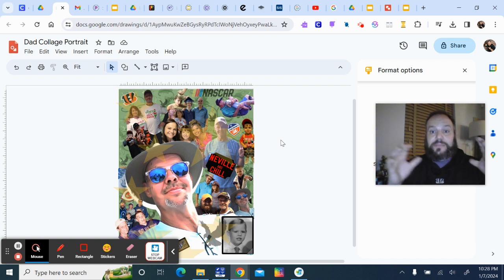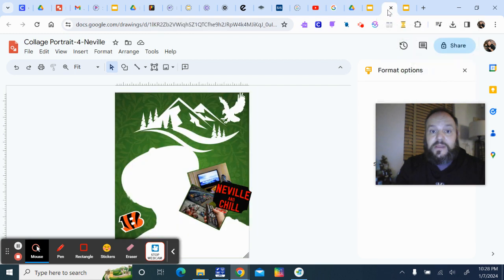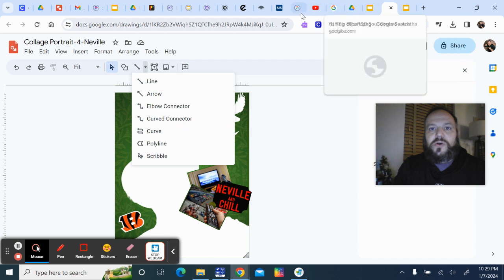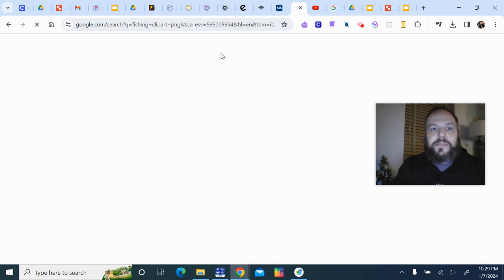You have one big picture that is kind of the focal point, and then everything around it is the images that you pull from the web, talking about their interests, their likes or dislikes, and this is a big collage portrait. And if you want to use any of the other tools, drawing tools, the curve, the polyline, the scribble, to draw on top or do something like that,